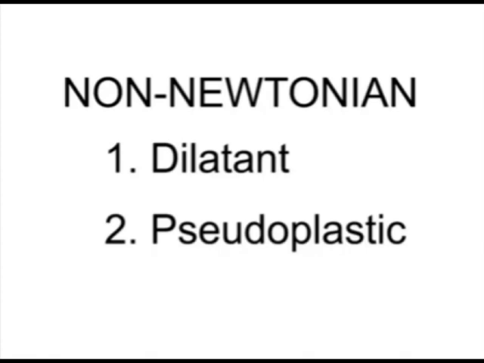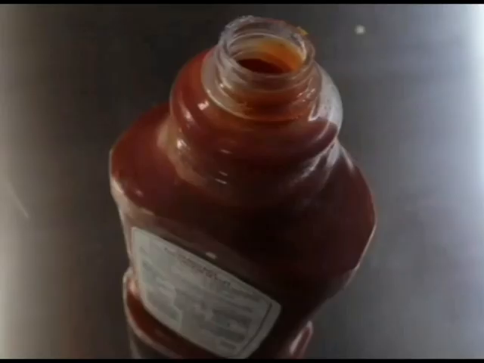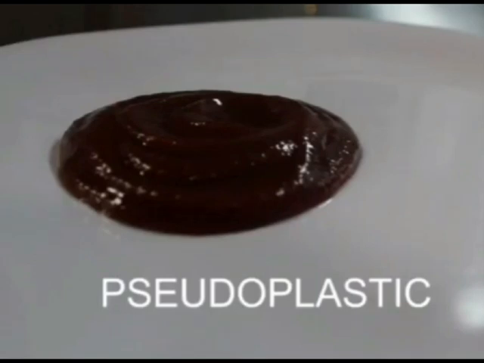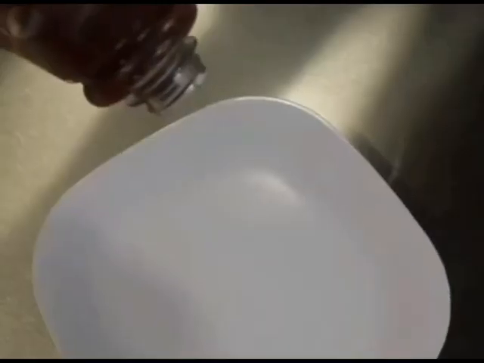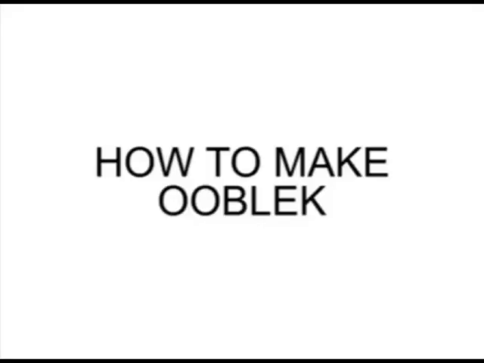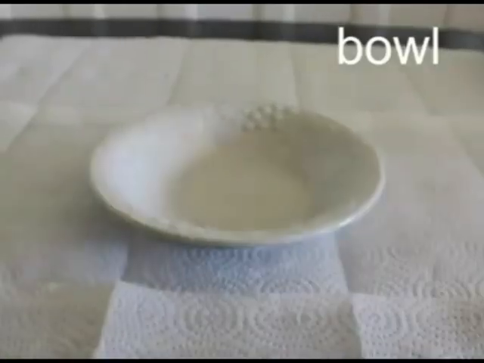And there is another type called pseudoplastic. In this type, viscosity decreases as force is applied. Unfortunately, it is not yet well understood why pseudoplastic fluids behave the way they do. For example, a very common pseudoplastic fluid is ketchup. Yes, this is actually a pseudoplastic liquid. Here's how ketchup is able to retain its shape from spreading out, unlike other common liquids. You can see here how the ketchup is being tipped over and coming out. When we add force, as in hitting it hard, the viscosity of the ketchup decreases as it slips out of the bottle